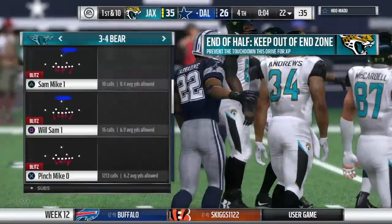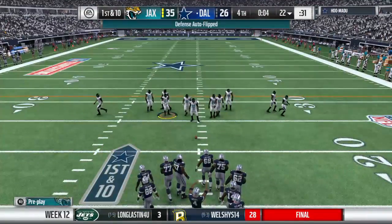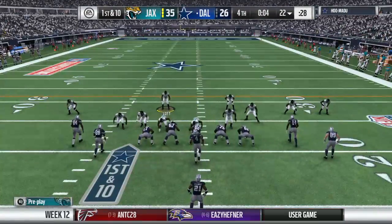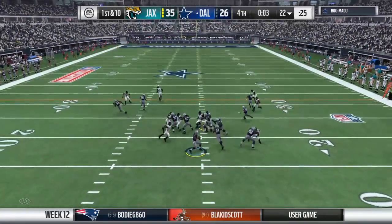The offense for the Cowboys now working their way back onto the field. They might be thinking this is close to a lost cause here. Got to play it out. What do they need to do? Well, they have a thought process in mind already, but they can't get ahead of themselves. They know that they need...